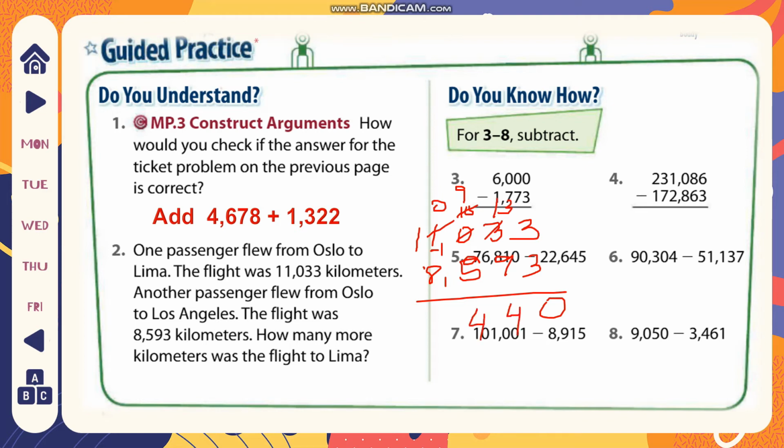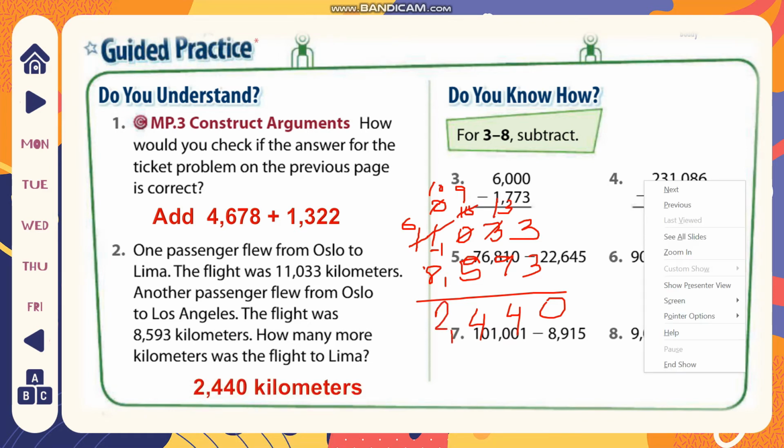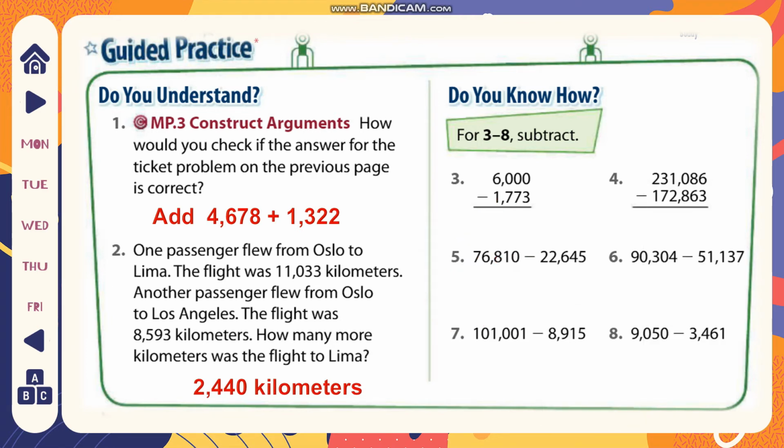0 minus 8 cannot be. We need to borrow from 1. 1 becomes 0, and this 0 becomes 10. So 10 minus 8 is 2. That's why the answer is 2,440 kilometers. Another example, 0 minus 3 cannot be, so we need to borrow from 6 because the next digit